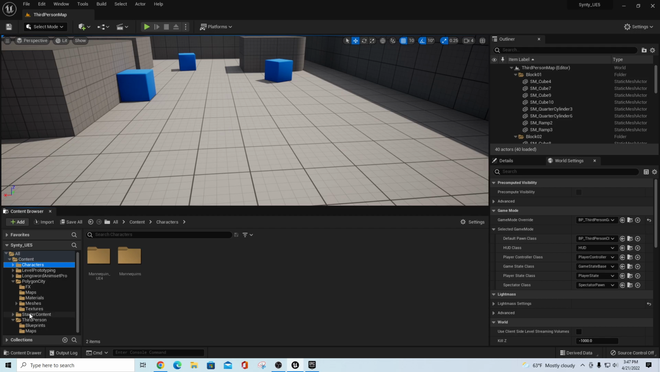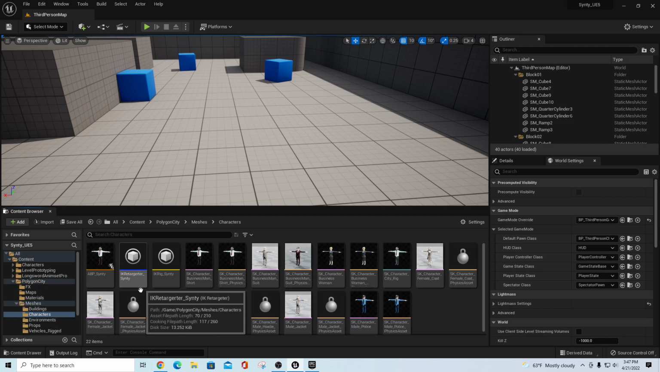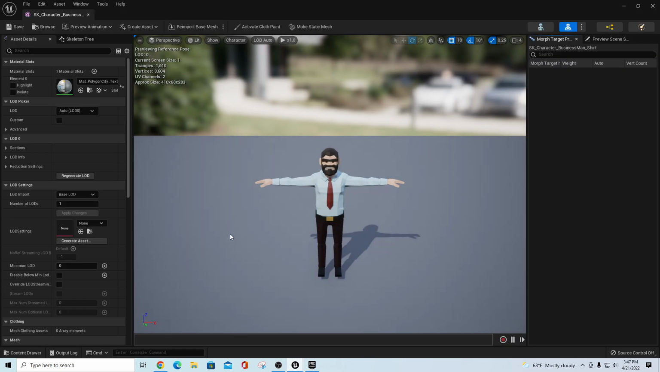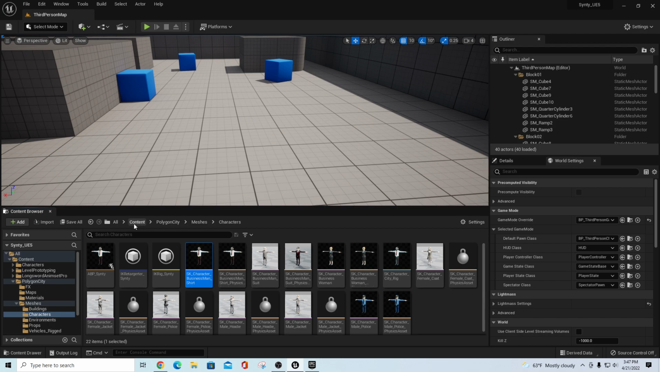But we can go just real quick to see if it works. We'll go into Meshes, and we'll pull up one of our characters, and I'll just pull up this businessman with the shirt and preview animation. So they're not in here. So I think you'd have to use that to pass through on the UE4 mannequin side